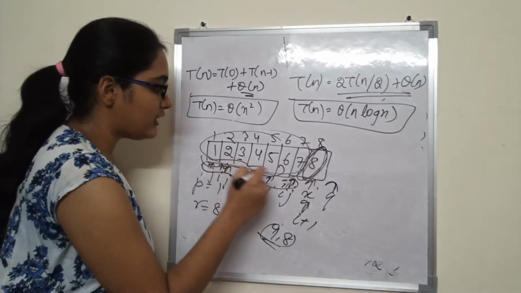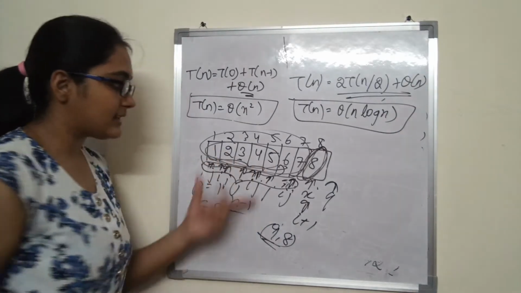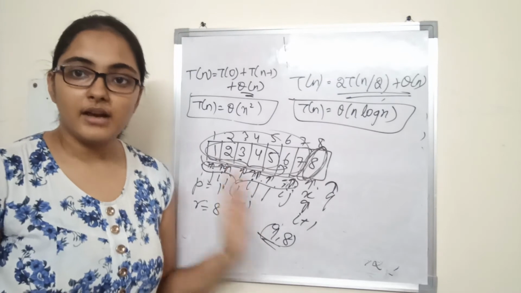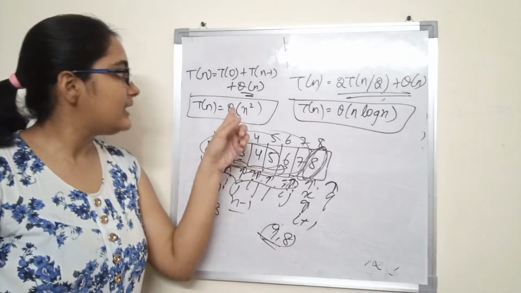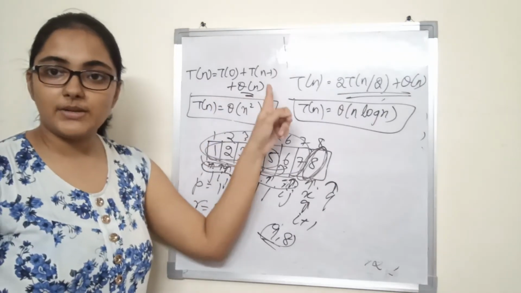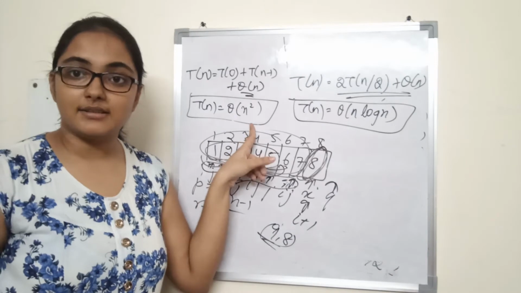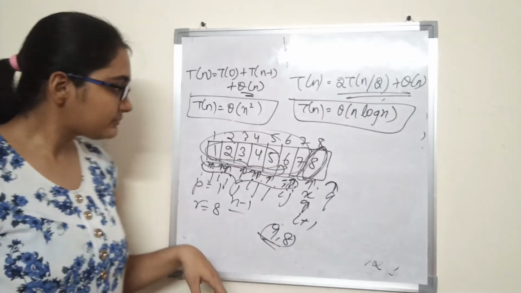Now again, when it is called on this particular subarray, it will produce one subarray consisting of these 5 elements and another subarray consisting of 0 elements, right? So this is constantly happening. So what will be the time complexity? Theta of n square, that is T of 0 plus T of n minus 1 plus theta of n, which will give theta of n square as the result. So that is the worst case time complexity of quicksort, right?